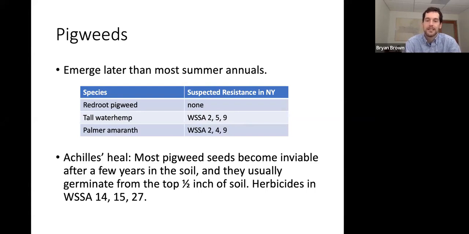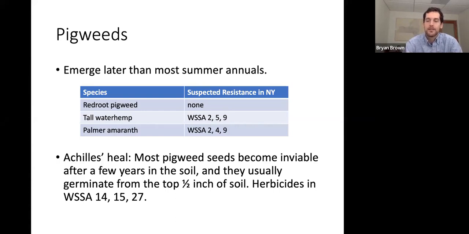yeah, it's likely resistant to those Weed Science Society of America herbicide groups 2, 5, and 9 for water hemp, and for Palmer 2, 4, and 9. So these are some very commonly used herbicides here, unfortunately,